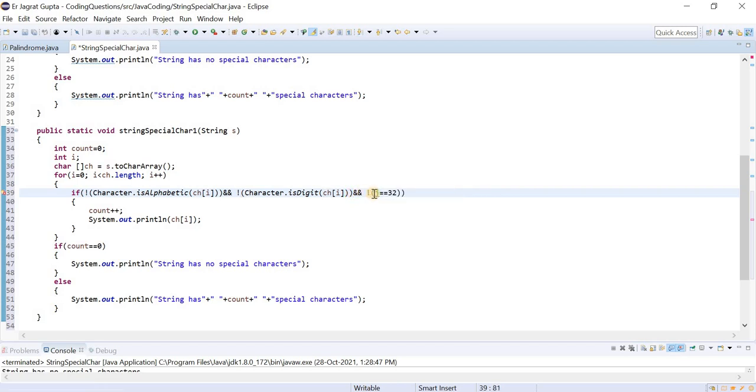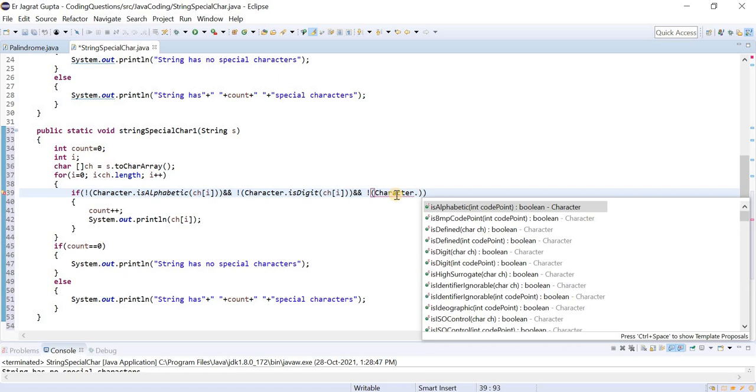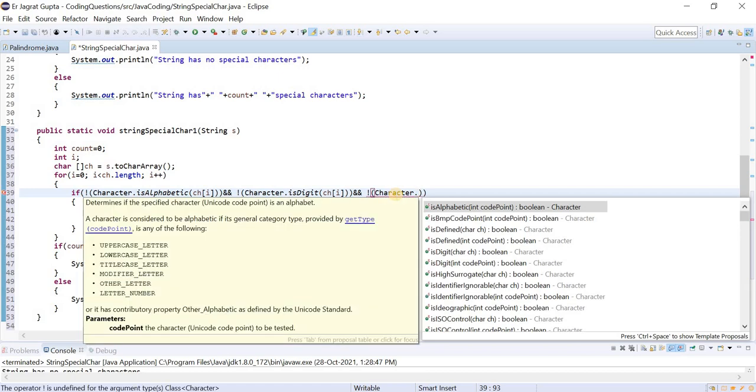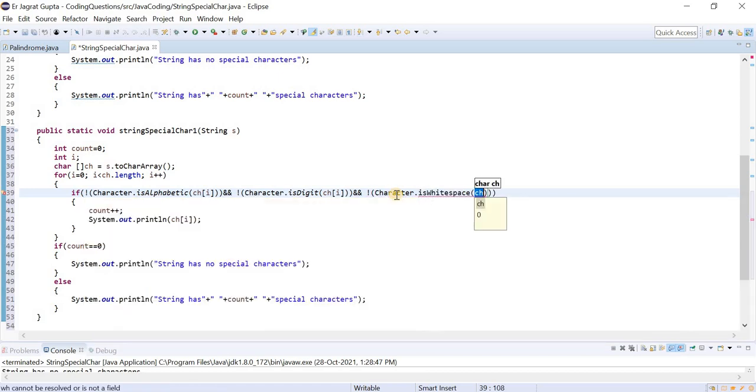white space. Okay. So what I will write, Character.isWhitespace. Okay. Like this. So if these things will be there, and we have already negated this statement.